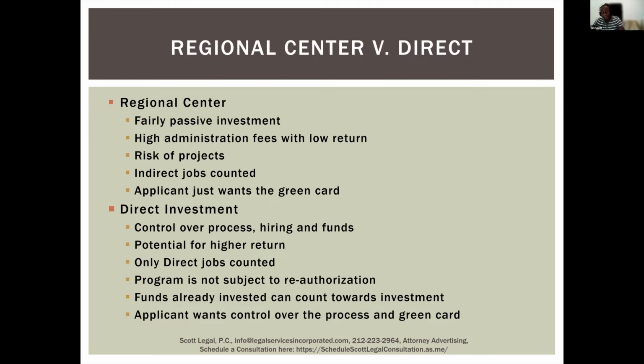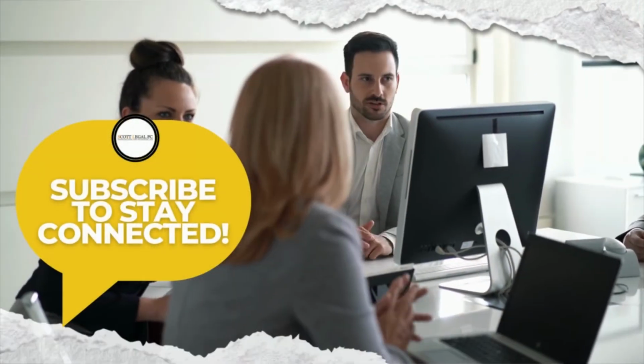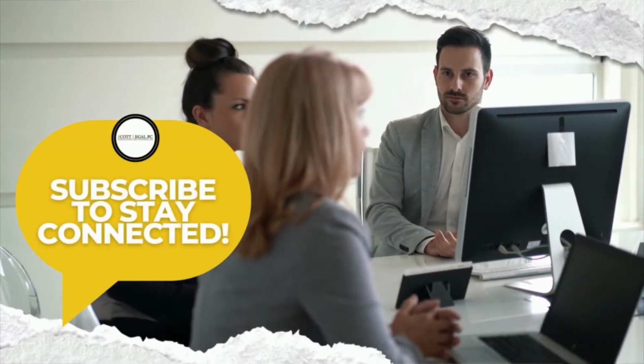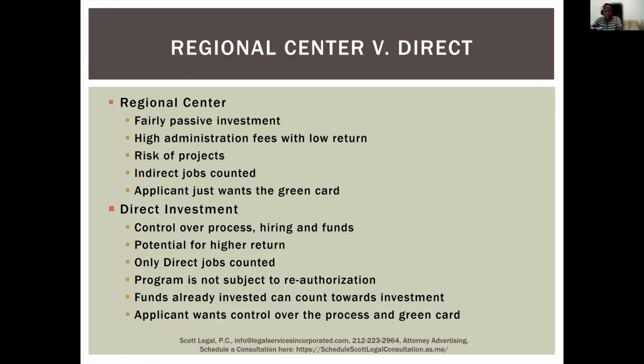At the end of the day, it would be a negative return, because usually for regional centers there are administrative fees that you have to pay, and when you take those fees into account, the return is actually negative. So the investor profile for a regional center is someone who is just interested in the green card and doesn't want to worry about the day-to-day operations. In terms of statistics, over 90% of the applications for EB-5 are regional centers. Although direct investment is an excellent way to get a green card, in particular if you're on an E2 visa or if you just want to start a business, the overwhelming majority of EB-5 cases that are filed are actually regional center cases.